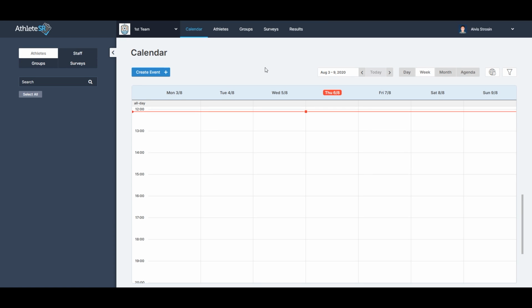Let's get you up and running with AthleteSR. Once you start AthleteSR, you're greeted with your team calendar. At the top of the page is your main menu where you can see all the teams that you are